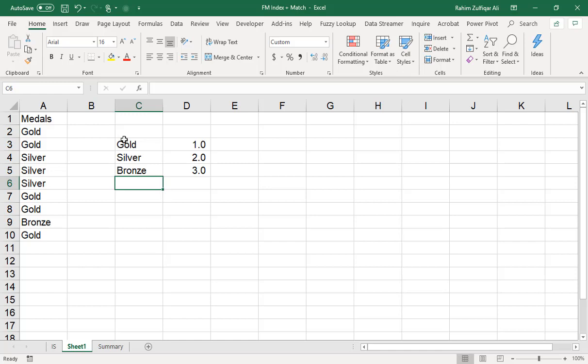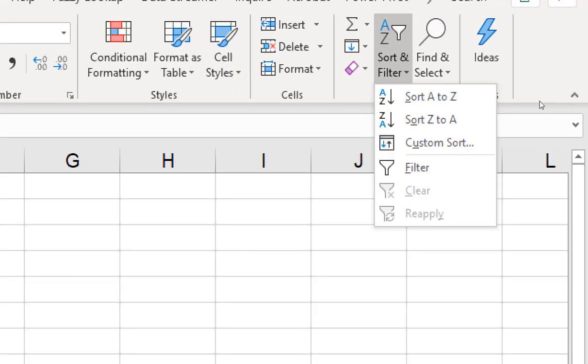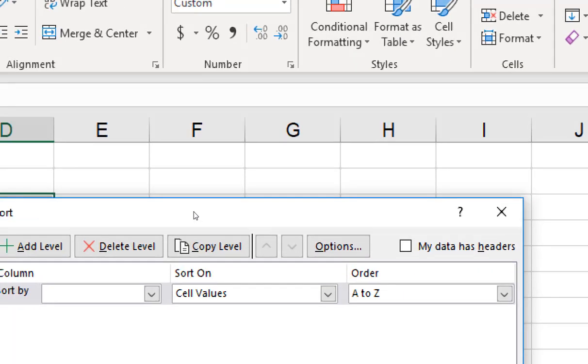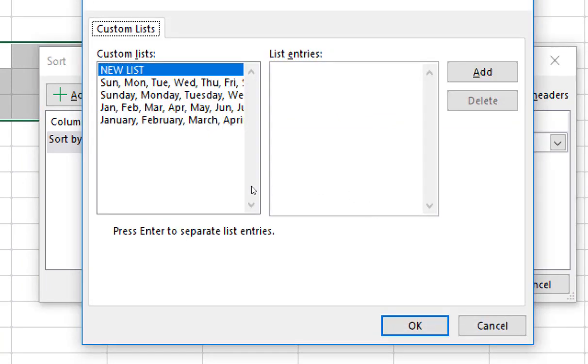For doing that we have two options available. First, we can go directly from the Home tab, and on the right side you will find Sort and Filter and then Custom Sort, and in the Sort window you need to click on Custom List, and you have to define the list in the order you want to sort in future.